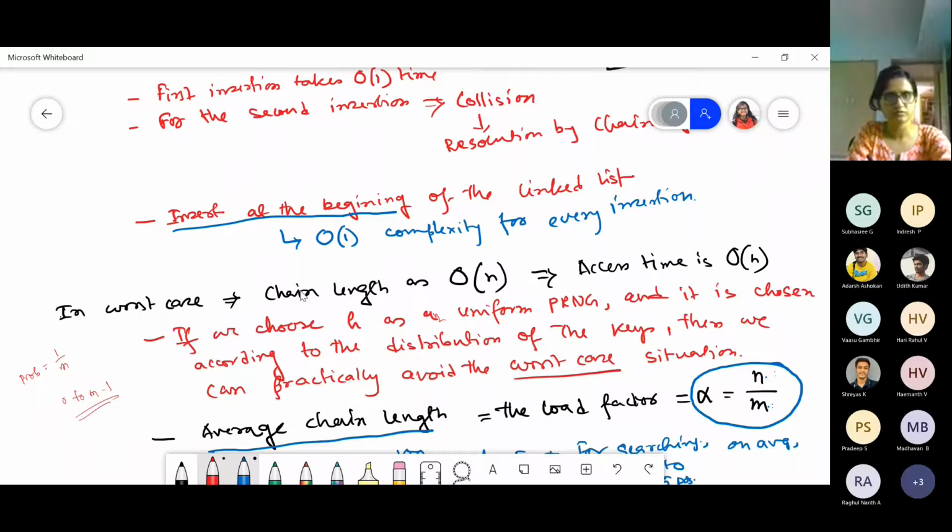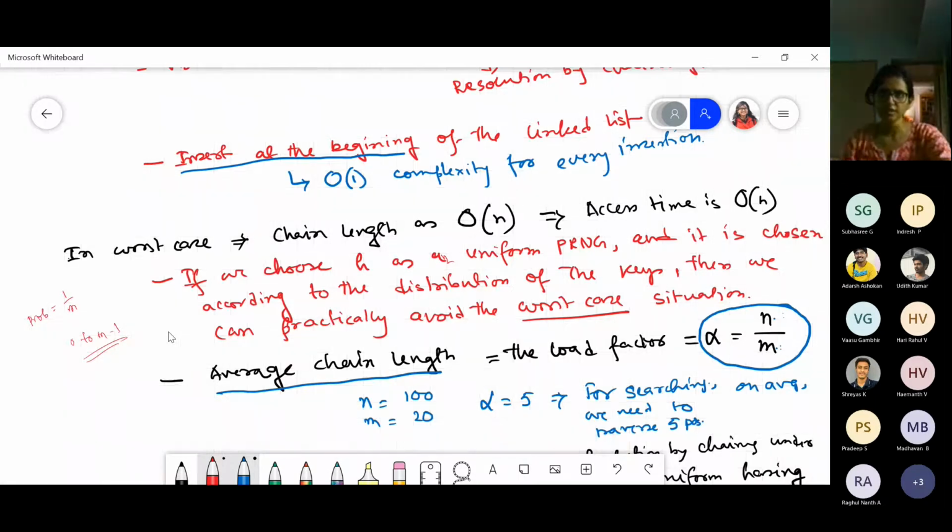This is called the uniform hashing criteria. That is, under the uniform hashing criteria, the probability of getting the output slot as any of the numbers 0 to n minus 1 will be 1 by n. So if we take the uniform hashing criteria, then we can practically avoid the worst case situation by ensuring that all the key values are equally likely to be mapped to one particular location.